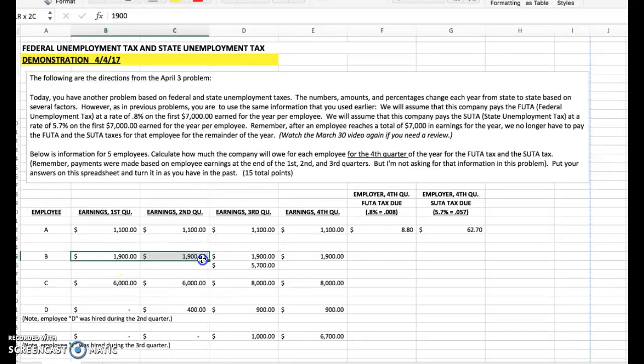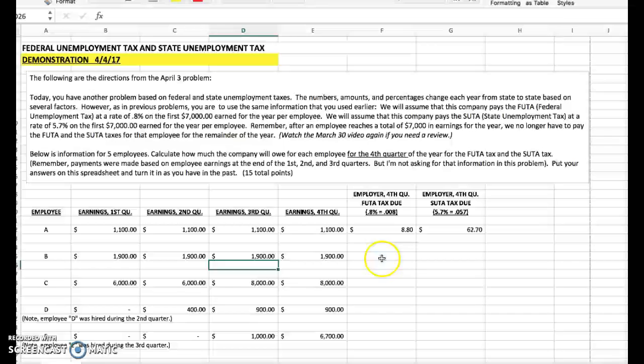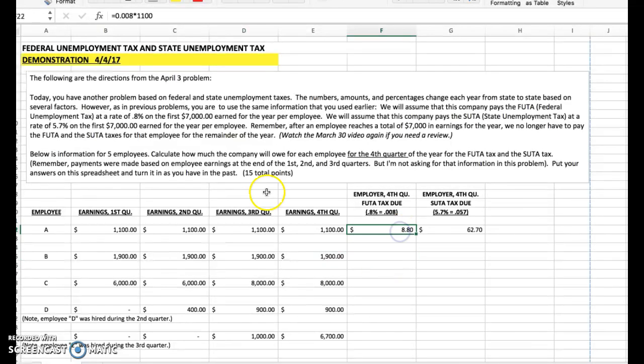So we need to pay on the first $7,000. This 4 quarters adds up to $7,600. So we don't need to pay all of this $1,900. We need to pay the difference between the $5,700 that we've already paid on. We've paid these 3 quarters. We've paid on this $5,700. We need to pay on the difference, which is $1,300. We don't need that right there. So that means, and I can do this